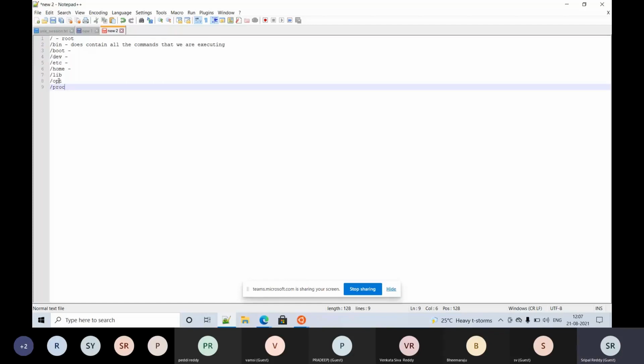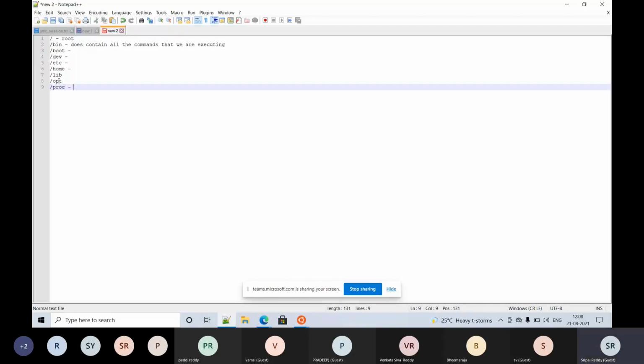And we have something called /proc. These are like standard, and /proc will be used for kernel related information. Like it will have all the information about a kernel, which interacts with the shell, which is a bridge between the shell and hardware, right? So those information will be available under proc, and any files that are interacting with the OS will get saved under proc, and it will get deleted eventually when it is instructed.